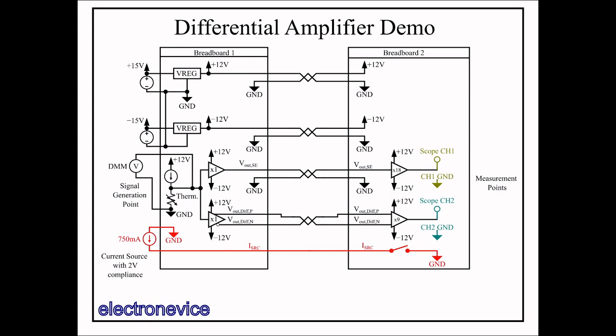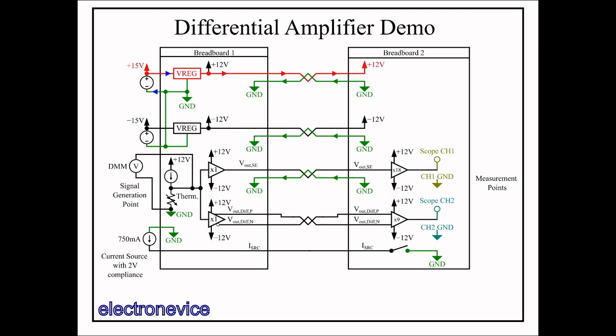Now let's think about current flow through the ground in this system. Looking first at the plus 12 volt rail, anything on breadboard 2 that draws power from the plus 12 volt rail and goes into ground will flow from the plus 15 volt source, where the top blue arrow is, into the regulator, out through the plus 12 volt line, into breadboard 2, then through whatever loads to ground are there, then flow back to breadboard 1 through all of the ground lines that connect breadboard 2 to breadboard 1, then back into the plus 15 volt source through the bottom blue arrow. The important note here is to recall that the current flows through all the grounds, not just the ground in the twisted pair carrying the plus 12 volt power line to breadboard 2.